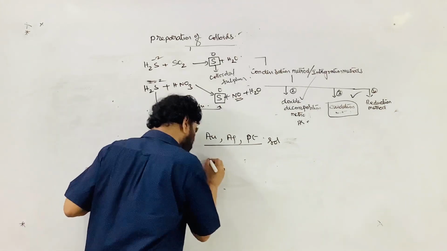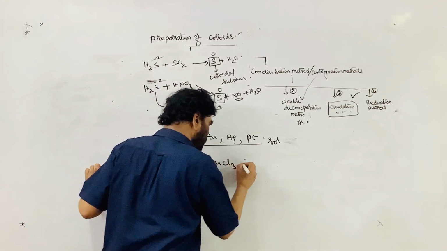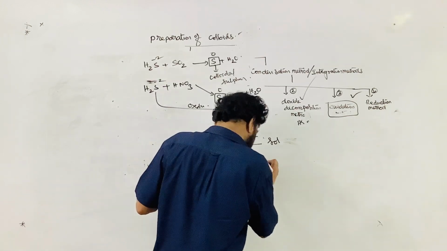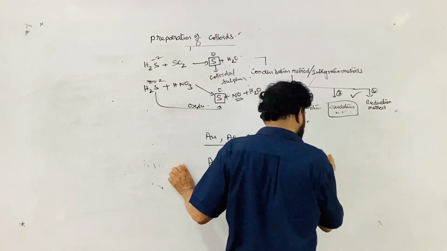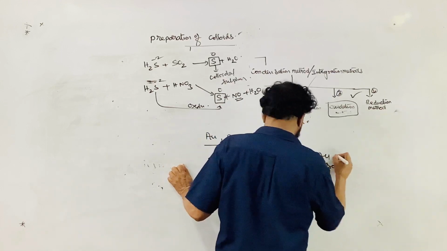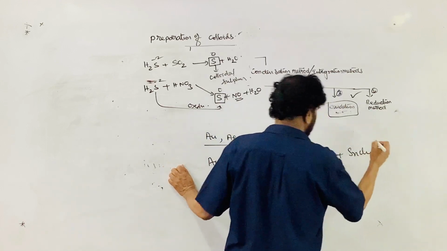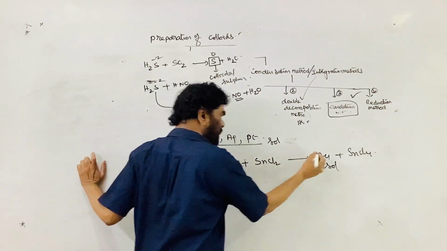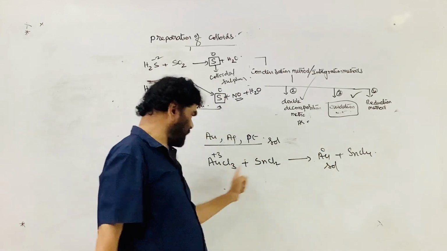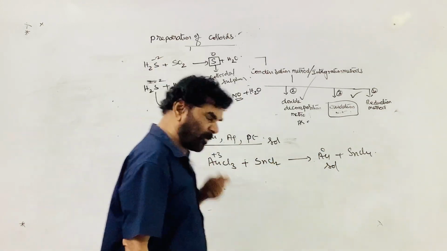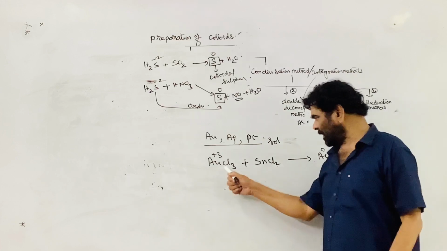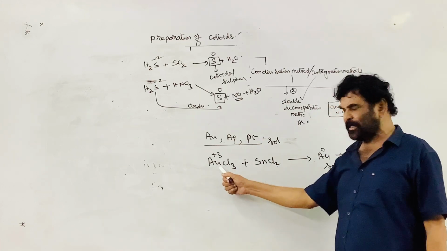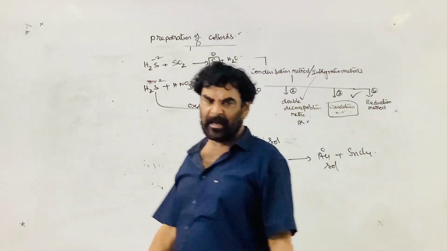Purple of Cassius is AuCl3, gold chloride, on treatment with stannous chloride, SnCl2. Gold sol is formed plus SnCl4. Balancing is not required for us. Gold goes from +3 to 0, so the gold chloride is undergoing reduction. SnCl2 is the reducing agent, and the gold chloride is the oxidizing agent undergoing the reduction.